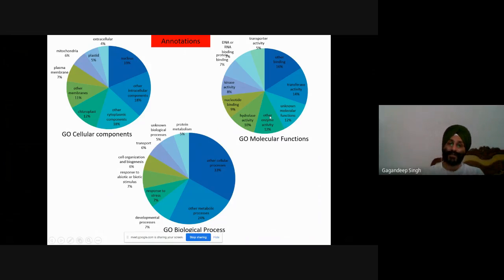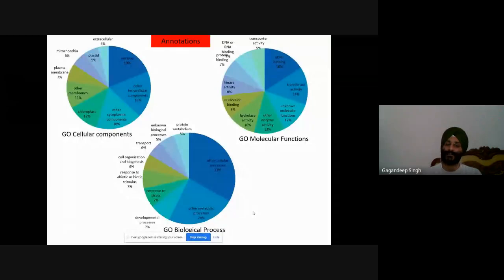Now, what is our target? Are we willing to identify some hydrolase activities? Or do we want to find some DNA or RNA binding activities, or some nucleotide binding sites? What we want, we can easily get during this annotation process. If our target is to identify some cellular components, molecular functions, or biological processes, after annotation we'll easily get our target.